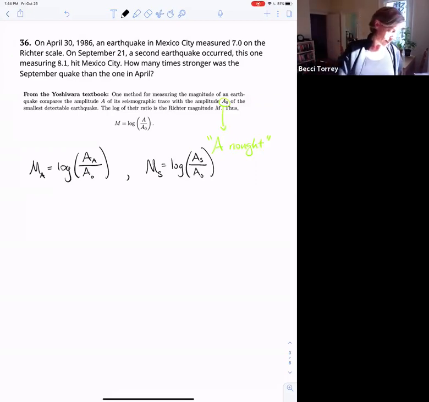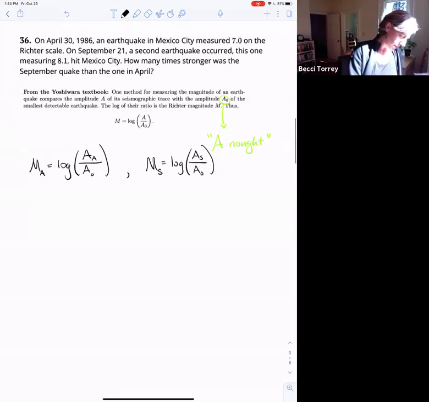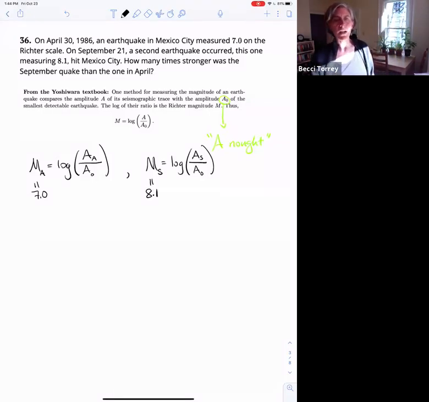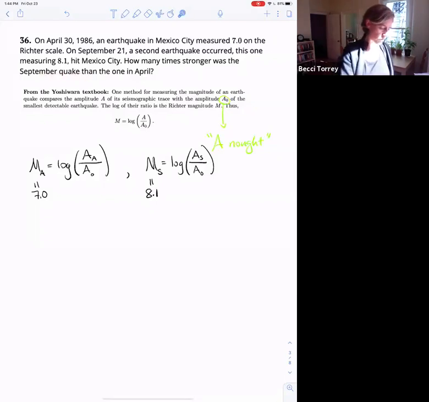Okay, and then they told us that the April earthquake measured 7.0 on the Richter scale. So M sub A is equal to 7.0. And the September earthquake equals 8.1 on the Richter scale. So the M value is 8.1 for September. And they want to know how many times stronger was the September quake than the one in April. So what they're asking us, how many times stronger? They want us to compare this A sub S value with the A sub A value,